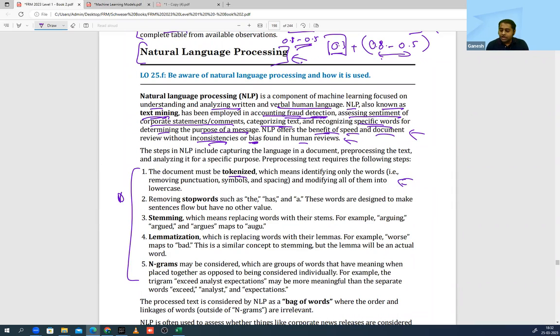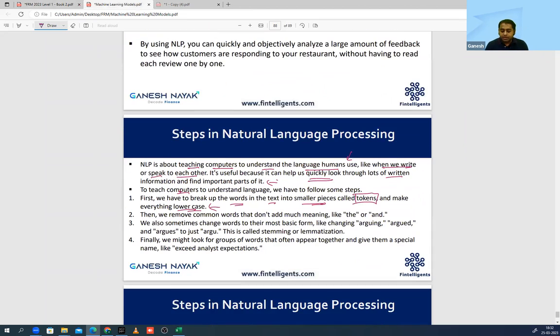Okay, which identifies only the words. मतलब if there is a sentence, okay, I am going to the market, so I go to the market. सबको एक अलग-अलग bifurcate किया. Okay, and everybody is bifurcated into lower cases. बराबर?